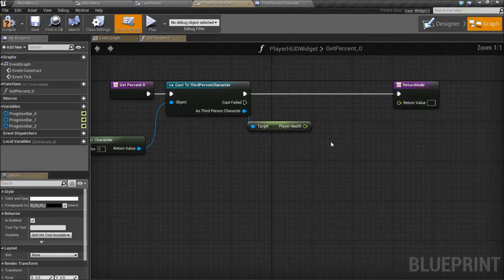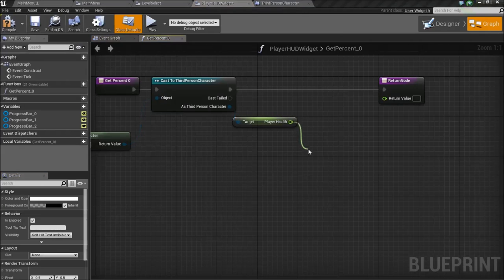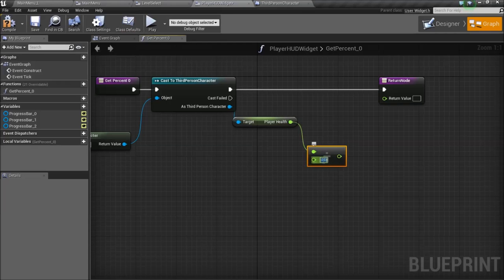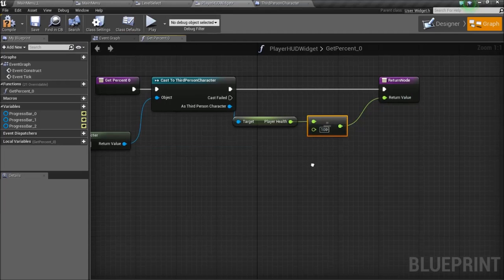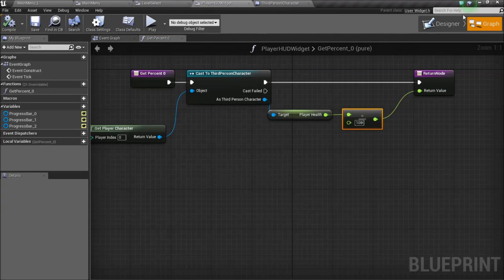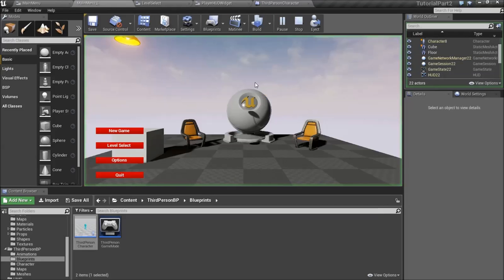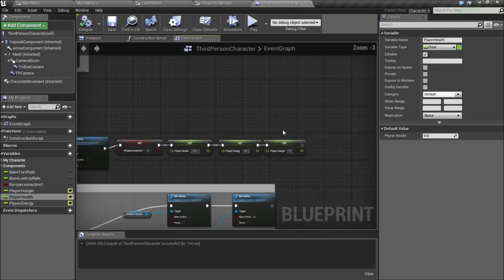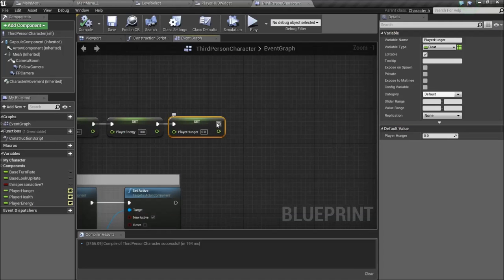Right, so easy enough. What you're going to do is take player health and divide it by a float of 100. Then you're going to drag it into the return and compile. Now we're going to press play, and hopefully, actually, sorry, on third person character, what you want to do is